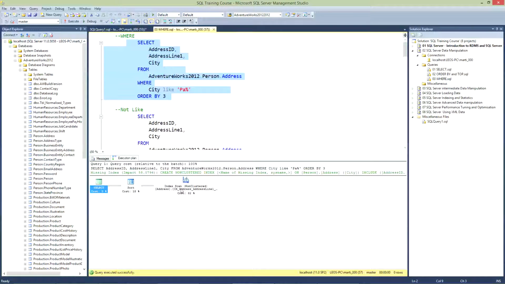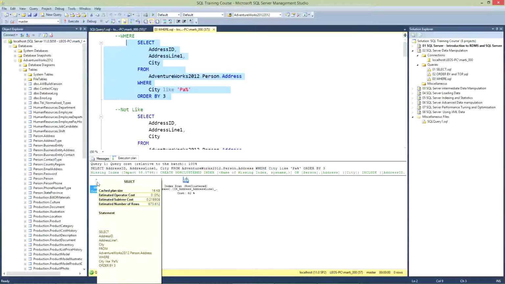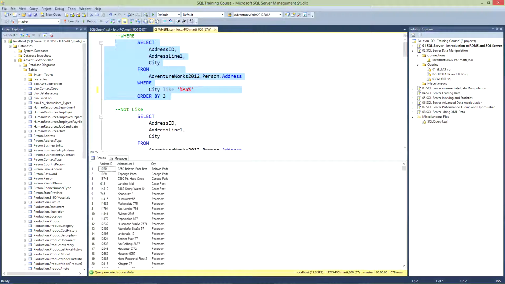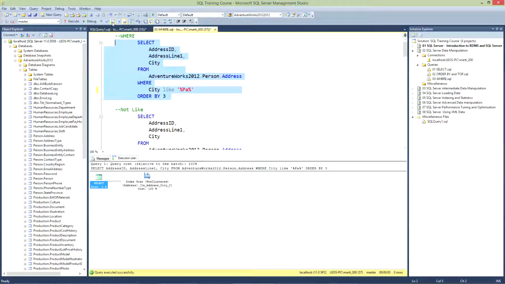Right. So if you notice, it was doing an index scan, and the cost of this is estimated subtree cost 0.21. If we change that to find anything that has characters before and then PA in the middle and anything afterwards, and we run that through, as you see, it's bringing lots of different cities that it didn't bring through before. Look at the estimated execution plan,